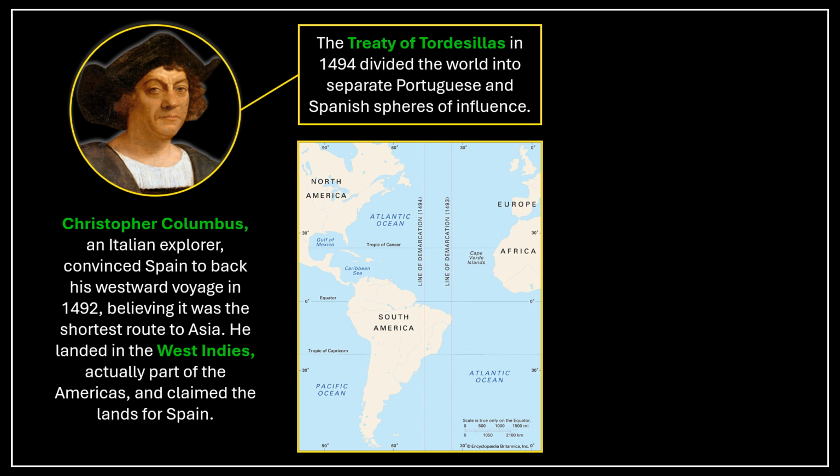And they have a pretty good relationship, and they don't want this to cause animosity or cause a war between these 2 European countries that are right next to each other. So they decide to sign something called the Treaty of Tordesillas in 1494. And the Treaty of Tordesillas basically divided the world in half. And they made this little fake line that kind of went halfway through modern day Brazil. And they said everything east of that line belonged to Portugal, and everything west of that line belonged to Spain.